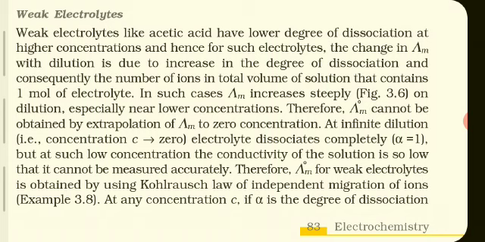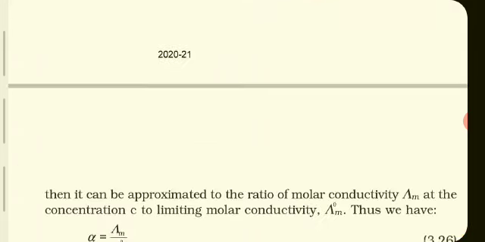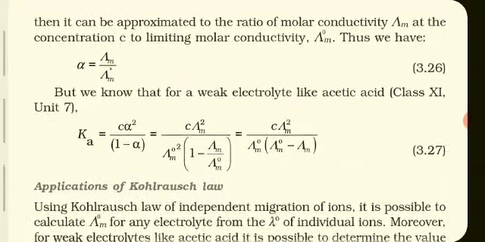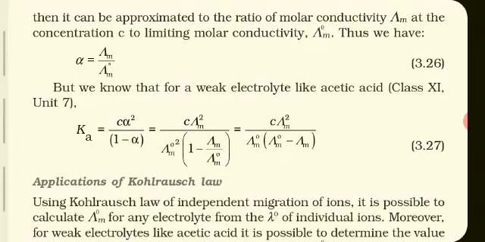independent migration of ions. So suppose at any concentration C, if alpha is the degree of dissociation, then it can be approximated to the ratio of the molar conductivity lambda m at the concentration C to the limiting molar conductivity lambda m0. Thus we have alpha is equal to lambda m, that is molar conductivity, divided by lambda m0, that is